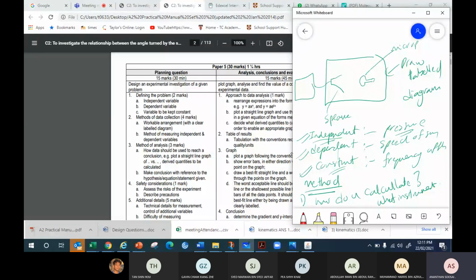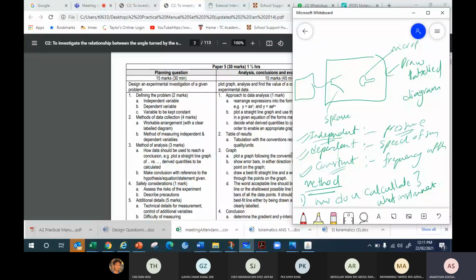Under method, the focus is what instrument is used to measure the independent, dependent, and constant variables, and how you make the variable constant. In this case, for the independent variable, change the pressure by using a vacuum pump and measure the pressure by using a Bourdon gauge. Dependent variable, speed of sound. Speed of sound is calculated by using